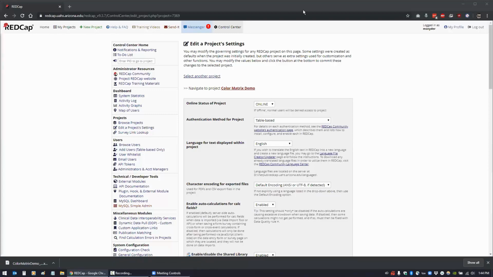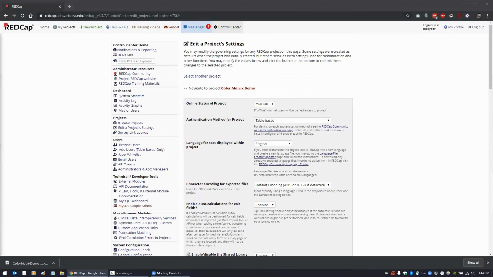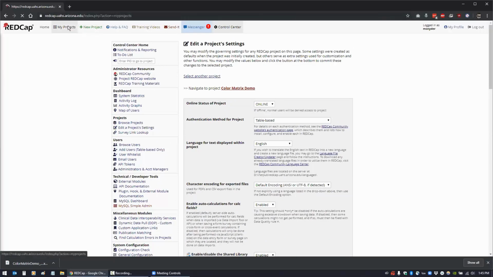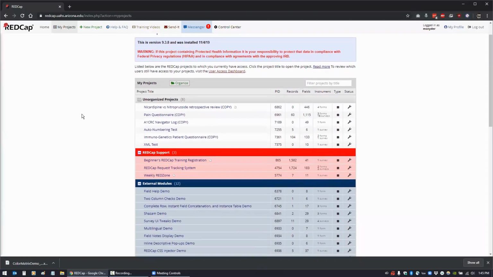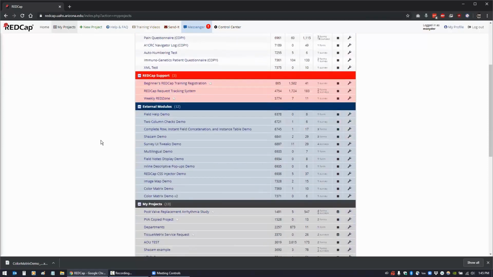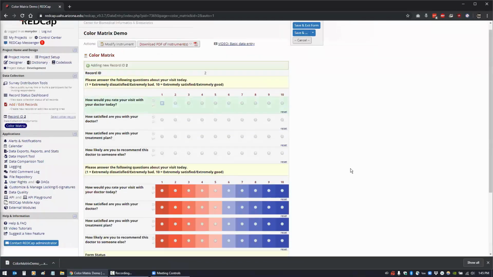Okay. So if you all want to have a copy of this, then when you go to a new project, you'll just click on the option for a template rather than the XML that we just tried or starting from scratch. Click on the template and find the color matrix demo, and you'll be able to add that to your projects and then use it for reference if you like the colors, because I think that's part of the deal. I mean, he's done 10 colors there in 10 different columns in 10 different colors, and it saves a lot of time to be able to view that and